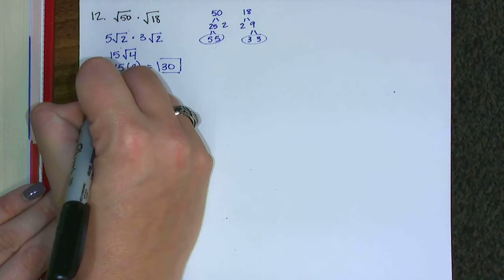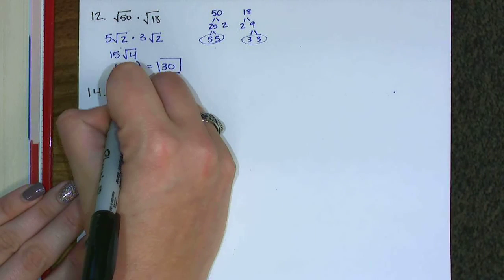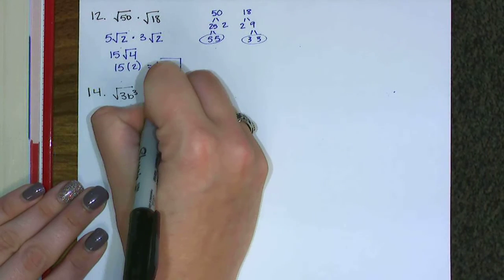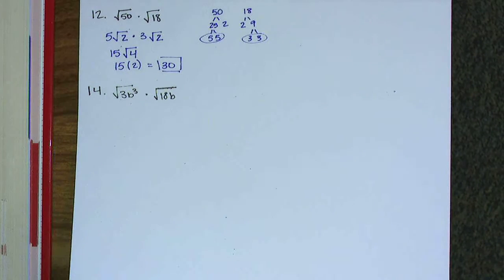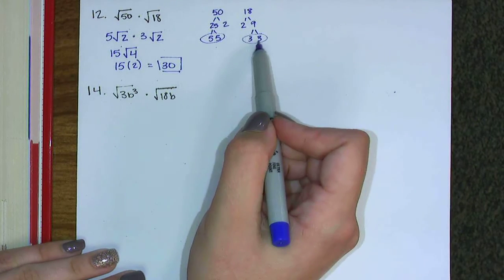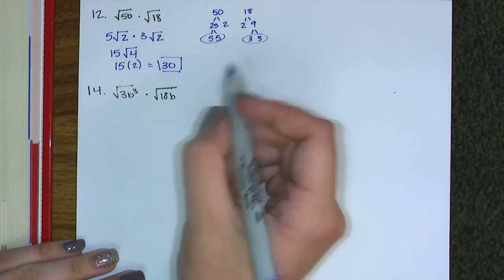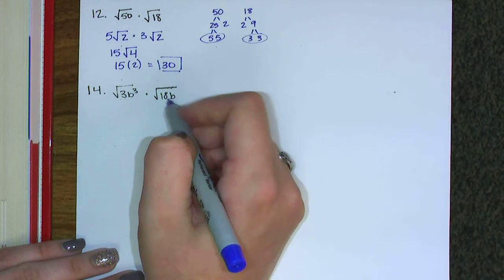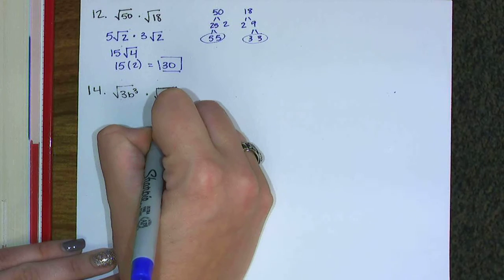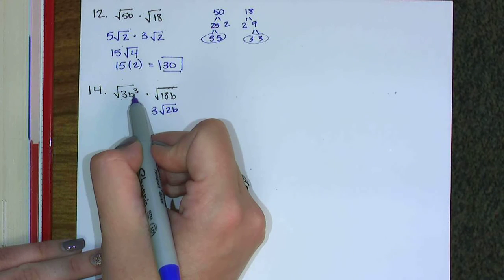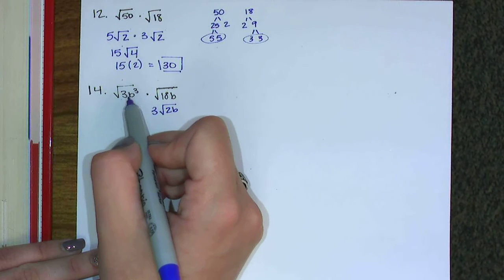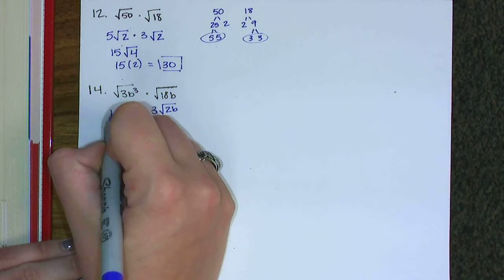Square root of 3b cubed times the square root of 18b. Okay, so here, we already did 18, and we know that 18 lets us pull out a 3 and leave a 2 inside. So because I already did that up here, I'm just going to go ahead and do that down here. So 3 times 2, and there's a b there. I know if I'm doing stuff with b's, I can pull a b out of here because there would be 2 b's in here, leaving me with 1. So b times the square root of 3b